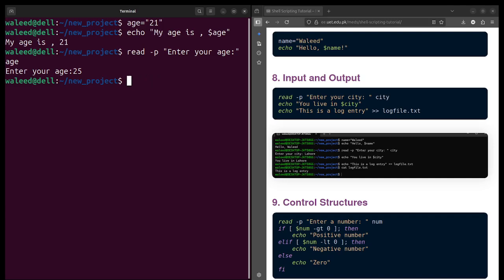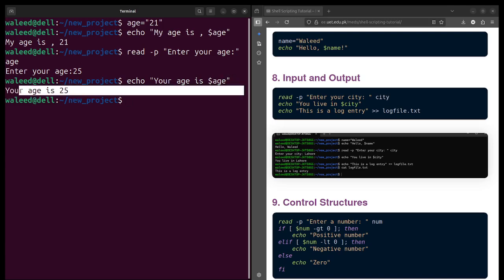Okay, and whenever somebody tries to print it, let's say echo your age is $age, so it will print 25.